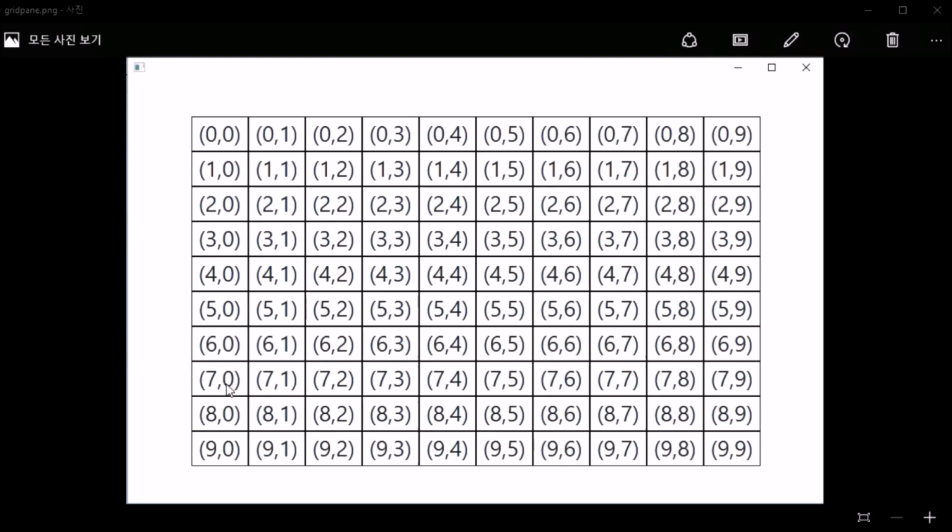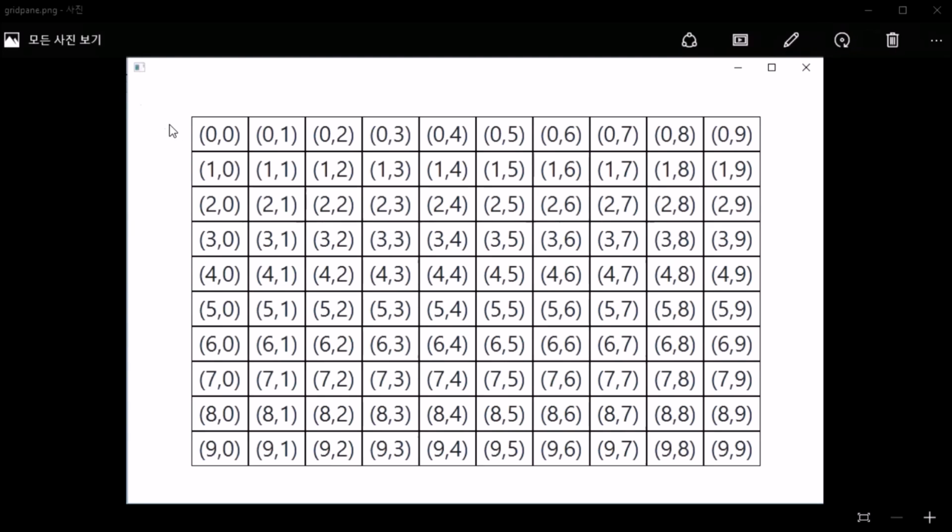In other words, the row index has a fixed value and it never changes. How about the column index? The column index is incrementing by 1. So in order to put items vertically, you hold the row index constant and increment the column index by 1.